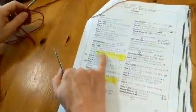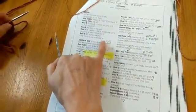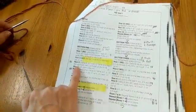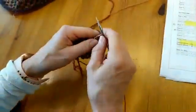So if we look here on our, we have the colors, different colors. I've identified here, A is my multicolor, B is my red. And so right now I am knitting with my B because it's right here. And we're going to be knitting for,